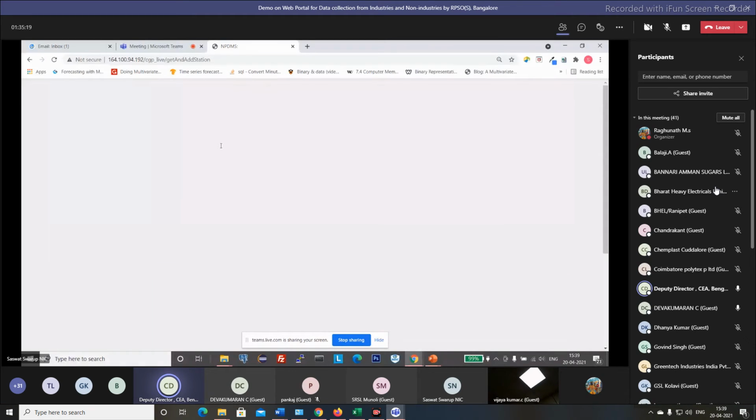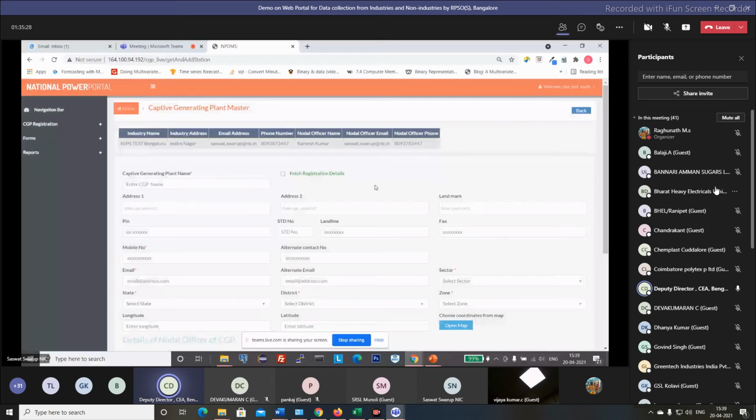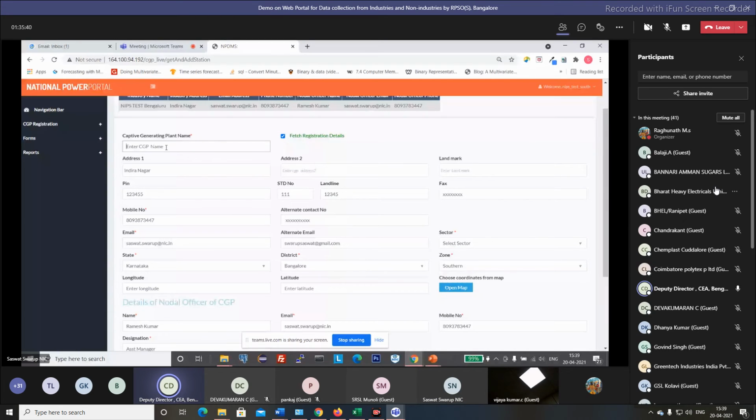Sir, in a few months we are going to install one more TG. Whether I have to add that now itself or once it comes? No, once it is operational, you add it. Okay, sir. In future, we have the option? We will show you. Future addition also you can mention it. But as of now we are showing current ones; later when it comes, you can ask the query. Okay, sir. Thank you.